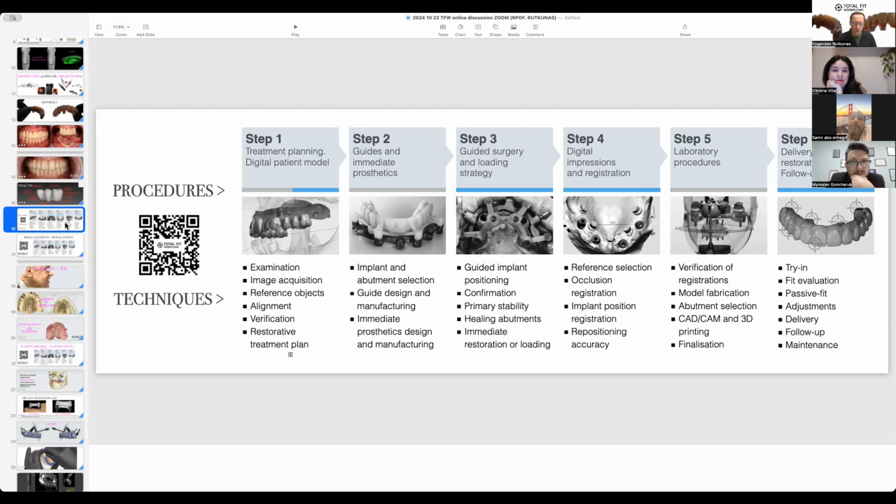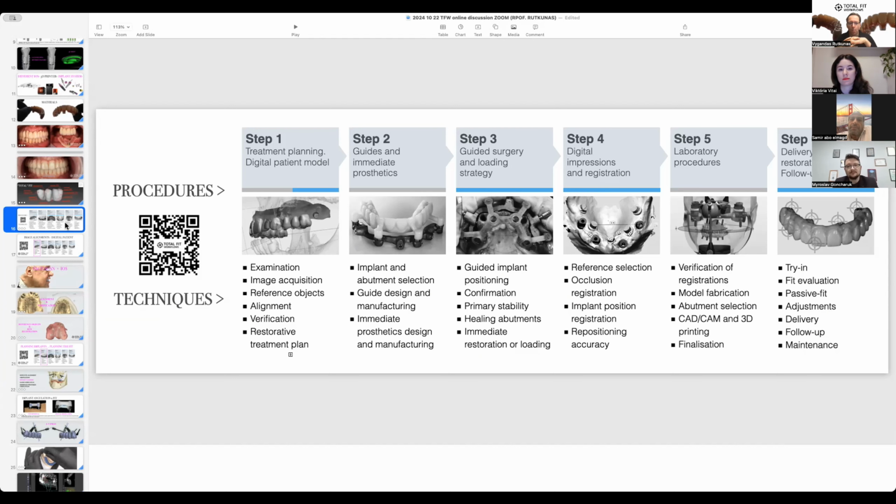For closed sinus elevation, I use guided surgery, because then I place the tip of the implant right at the bottom of the sinus, and I am confident that I am not perforating the sinus, and then I proceed with the closed sinus lift procedure.